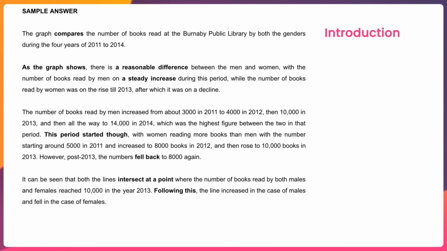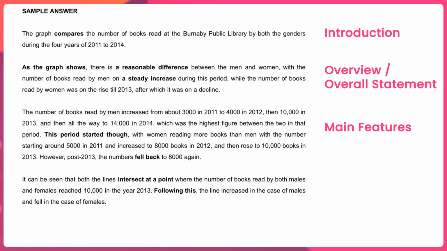In this manner, make sure that you use paraphrased words or synonyms. The second paragraph talks about the overall statement describing the reasonable difference between the men and the women and the number of books read by both the genders. No specific numbers have been presented in this paragraph. The third paragraph clearly describes the books read by men with numbers and the time period, and the similar situation goes with the number of books read by women with the numbers and the time period. You can see that there are different phrases used,